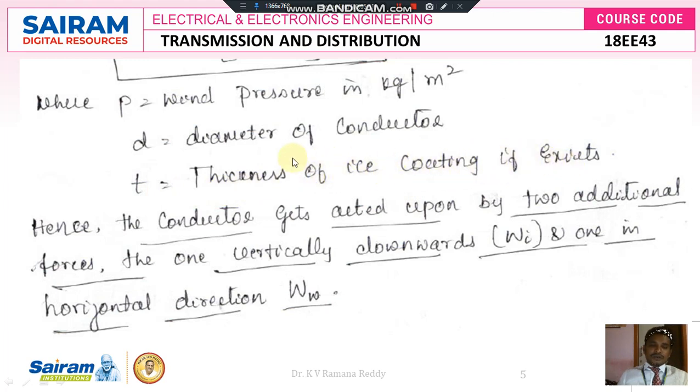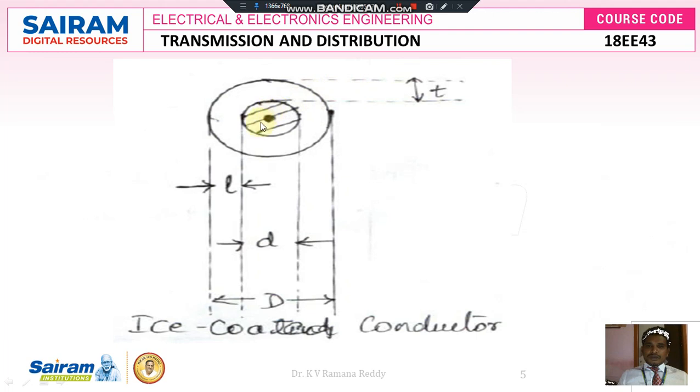In order to look at that small t, just look at the following figure. In this figure I am going to show the surface area of the conductor, that is the front view of the conductor. Here this is the actual diameter of the conductor, that is small d, and this is the amount of thickness which is coated by the ice or snow fall. This is one side and this is another side. The total thickness is 1t here and 1t here, so the total is t plus t, that is 2t.